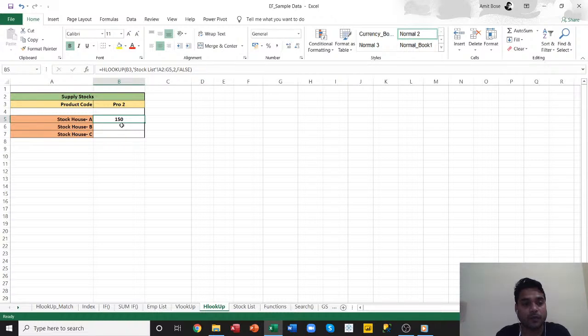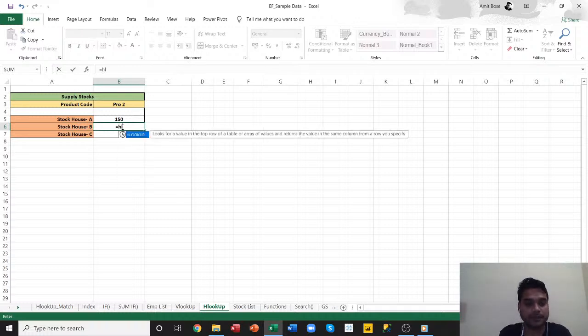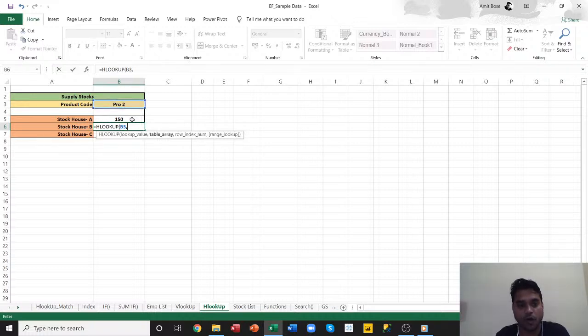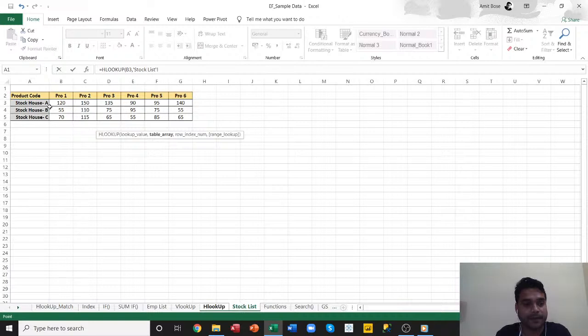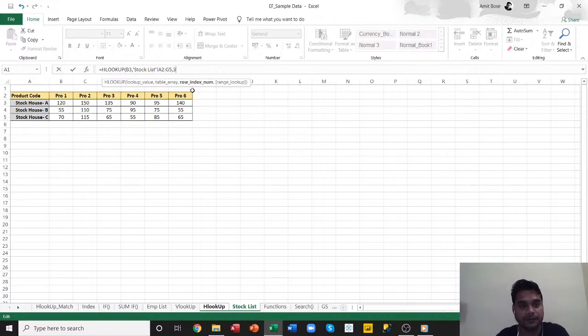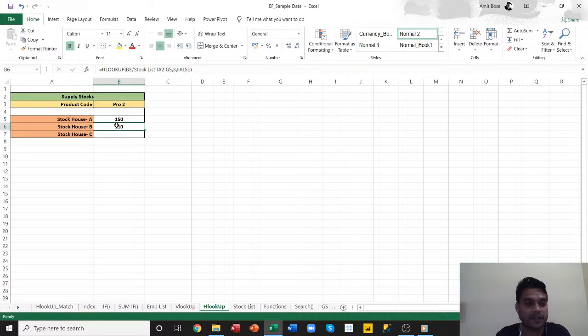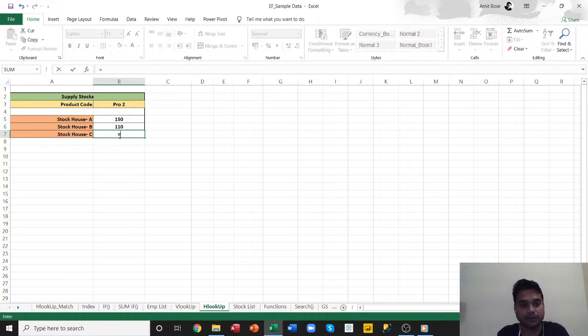The same thing we can do for the other two stockhouse details. So we can write HLOOKUP. The lookup value will again be this particular product 2. We'll keep a comma and I'll select this particular table, comma 3 for the next row, close the parenthesis, press enter, and we have got the next value. The same thing we can do for the third option. So write an HLOOKUP,